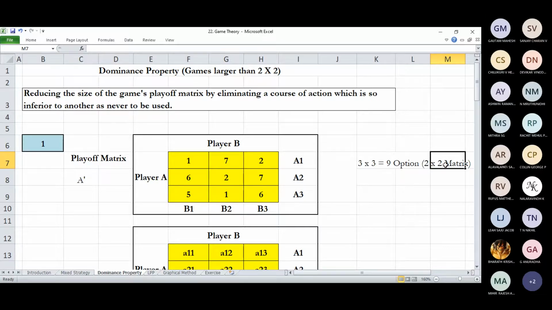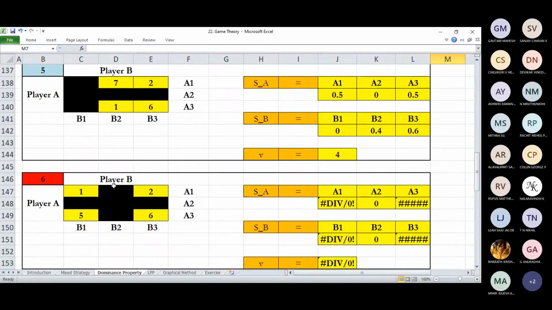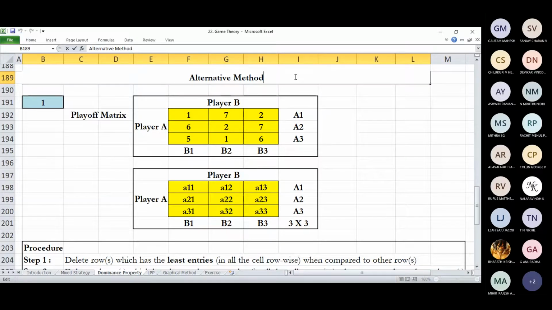It is basically an approximate method. Sometimes it may not give you an accurate result, but it will give you a flavor of the near optimum. That's what we're going to try to achieve in this class. So instead of taking all these options, I'll replicate this problem. You can call this an alternate method or an approximate method.